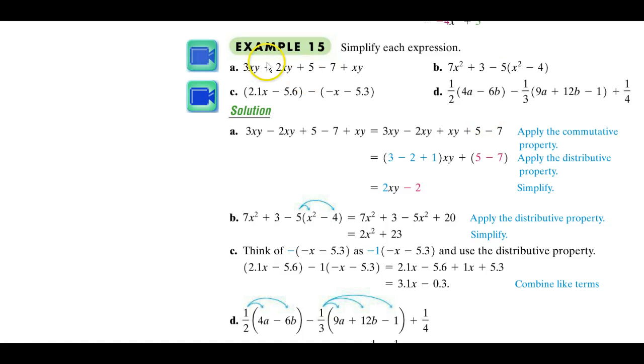Now for letter C, here we have two terms. Let's put it over here. 2.1x minus 5.6. Now here we have a negative in front of a parenthesis, so we're going to multiply through by a negative 1, that just changes these signs. So this is going to become a positive 1x that I'm going to put right there. And this becomes a positive